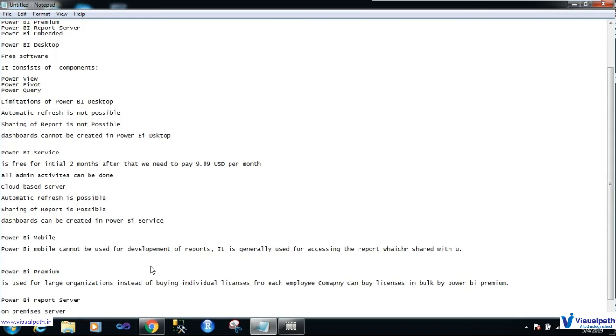Okay. So we discussed all the things. Power BI Embedded is left. Power BI Embedded is used for any customized site. If you want to customize the Power BI reports and embed them in your application or your site, you can do that as well with Power BI Embedded. Okay. Got the point, guys?